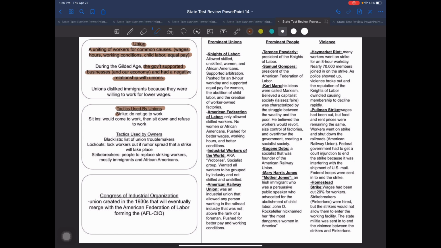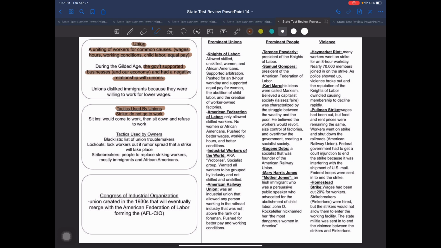Sometimes union workers will plan and go on what's called a strike, which is basically where they refuse to work. They're trying to hit their boss in the pocketbook, cost them some money, because if they're not producing the goods, then the person who owns the factory isn't going to make any money. The reason that government does not like that is because they see it as a potential threat to our economy. If goods are not being produced because workers are going on strike, then that is a threat to our economic status.